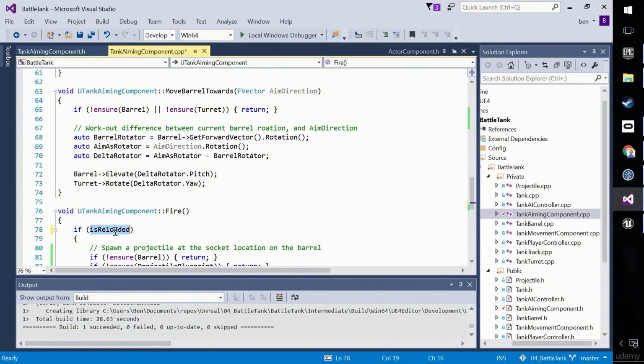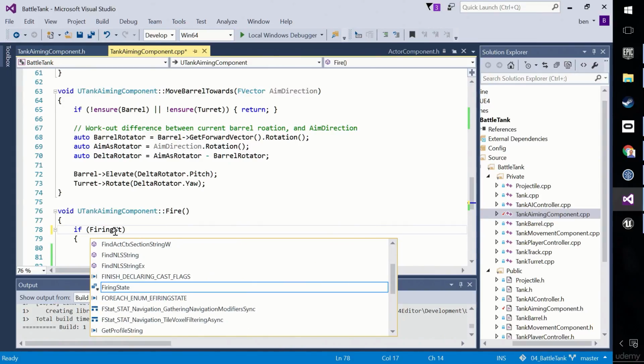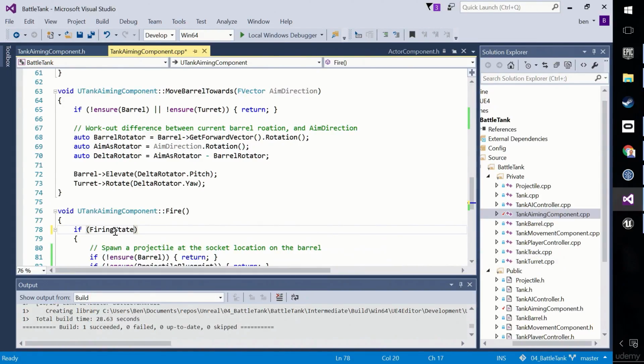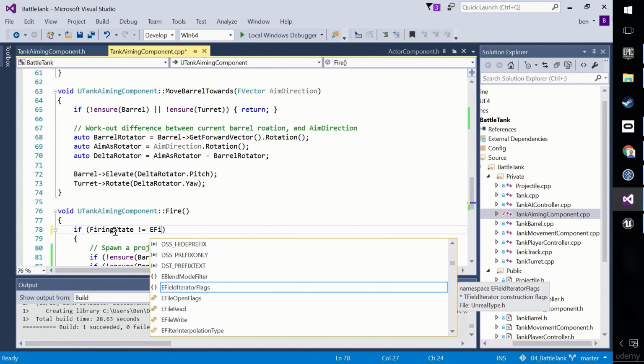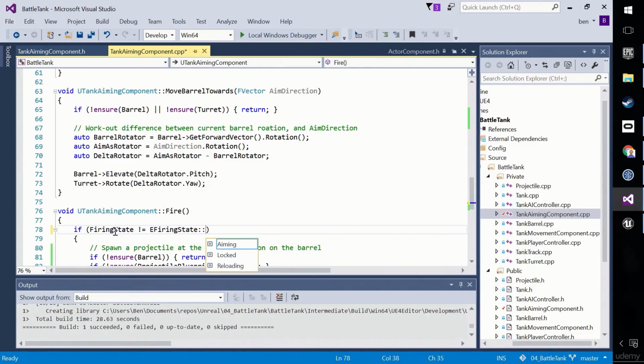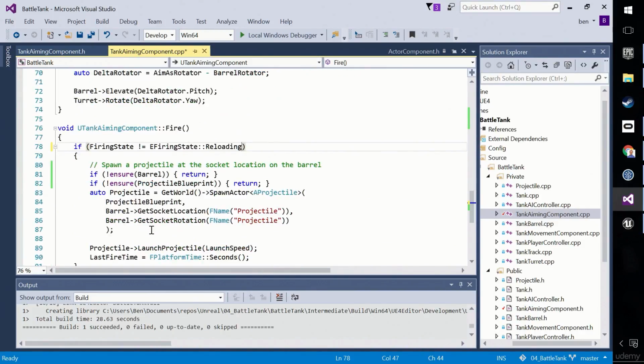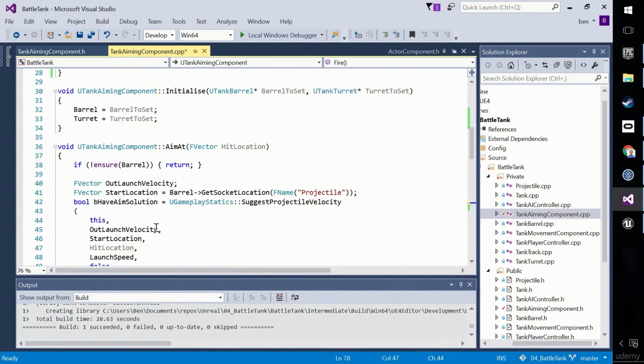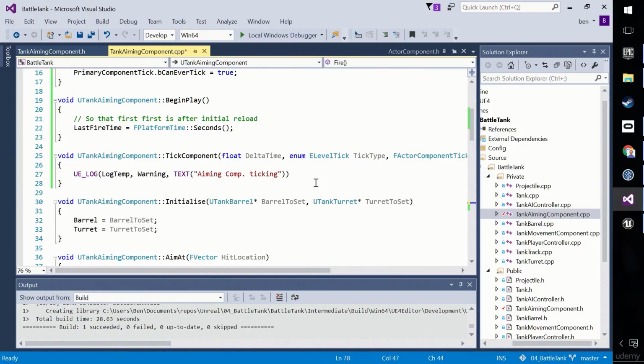And I'll say if firing state not equal to EFiringState reloading, so if it's not reloading, then go ahead and fire, okay? So now we need to set the logic for it reloading or not reloading. We do this in tick. We don't need the log anymore in here, but we can say if, and then this logic, which is the